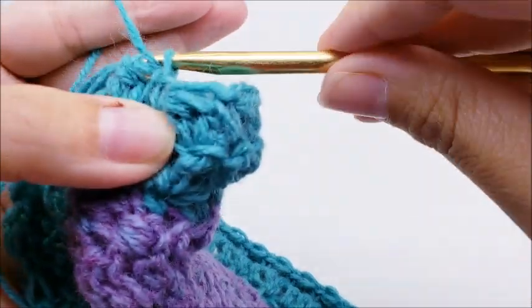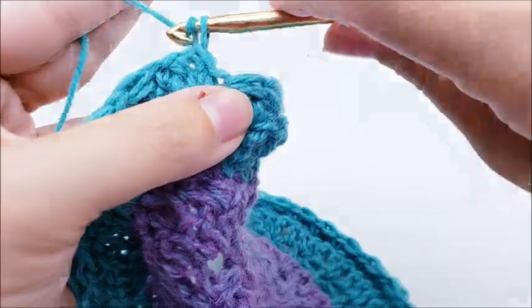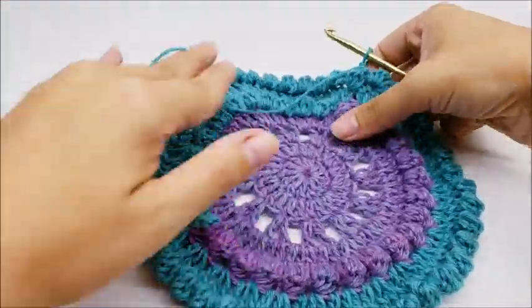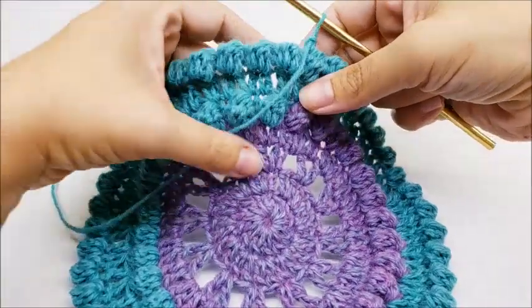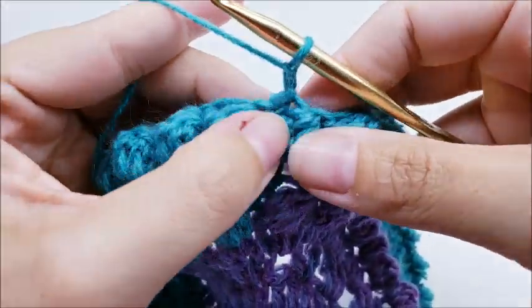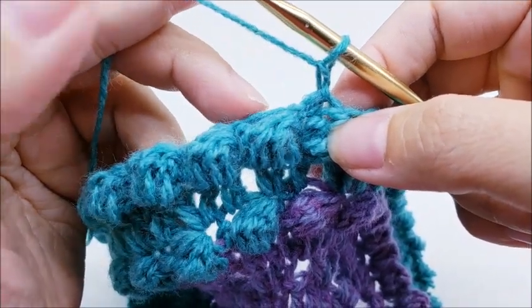Now we need to chain 1 and turn our work back around. Now that's the last time that we'll be working from the back side. It's only the front from now on. Okay, now for round 8, what we want to do is we want to put 4 double crochets in the